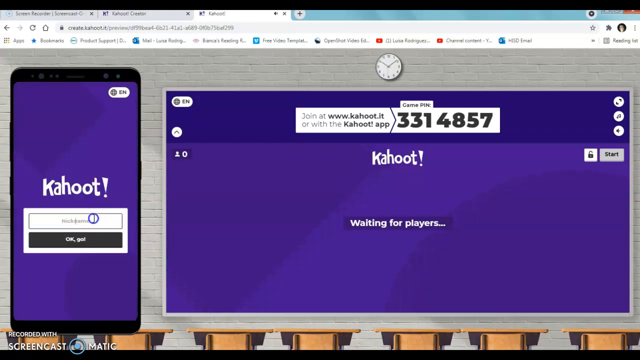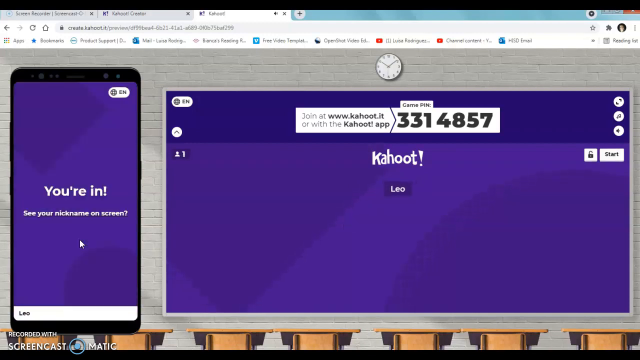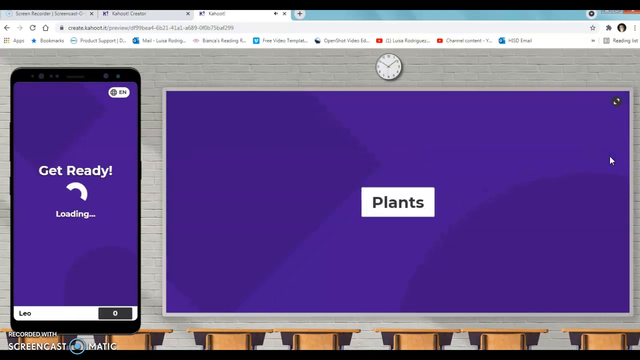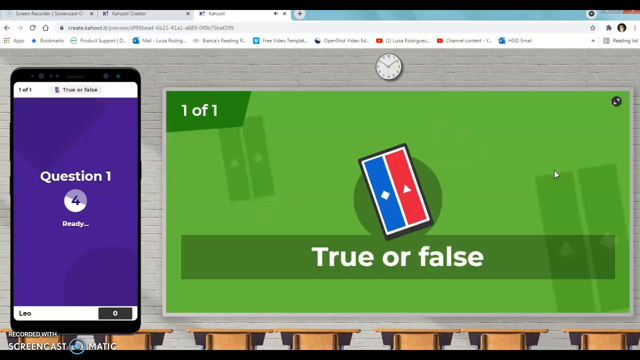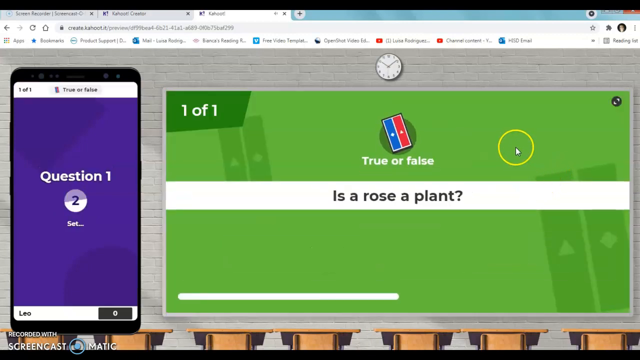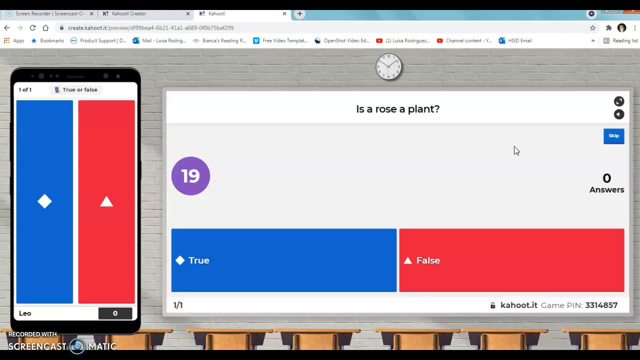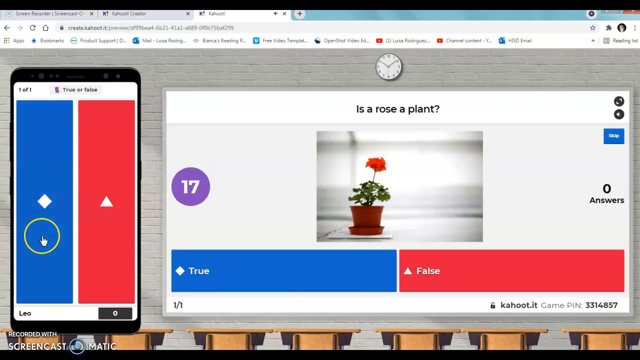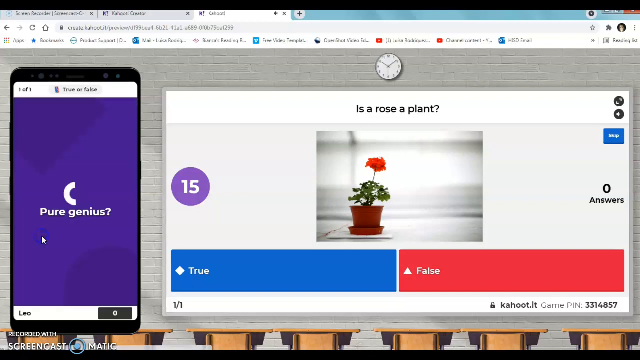And then it's going to ask me for a nickname. So I'm going to type in Leo. I'm going to click Go, and as you can see, their name is going to appear. And then once you have all your students' names, you're going to start the game. Once the game starts, you either read the question for them or allow them to read the question. Then they get to choose the answer, select the answer,